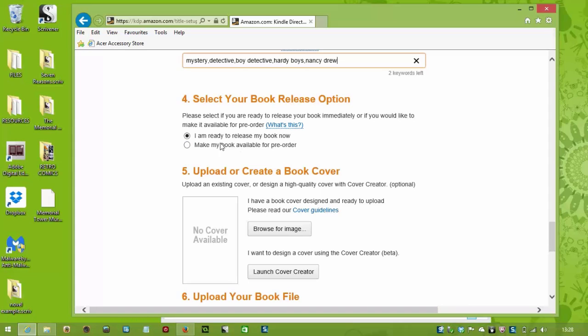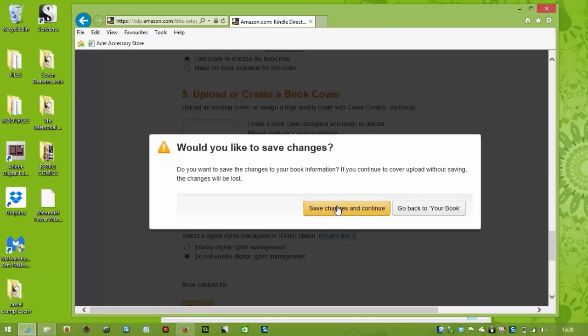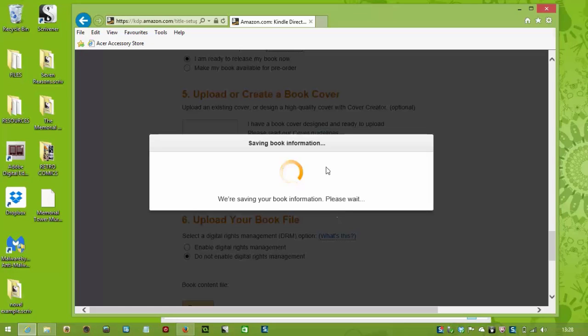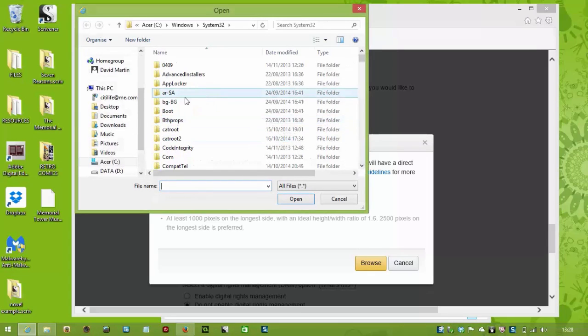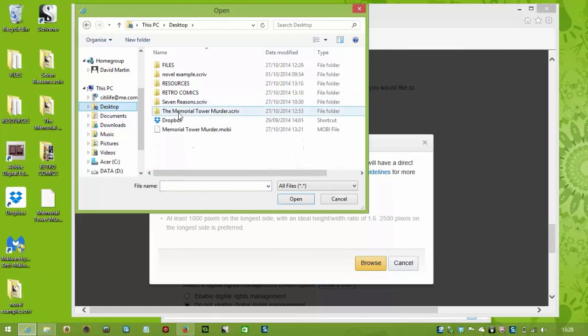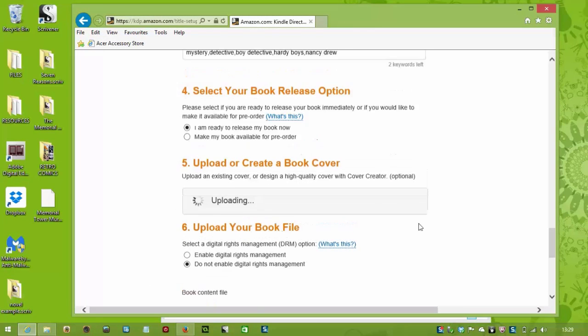Okay, so I'm ready to release my book now. I don't need to make it pre-order, and then I can browse for my book. So let's save changes, and then I'll browse for my book cover. I've got that here on the desktop in Retro Comics, and there's the file, so I'll open that, and that's